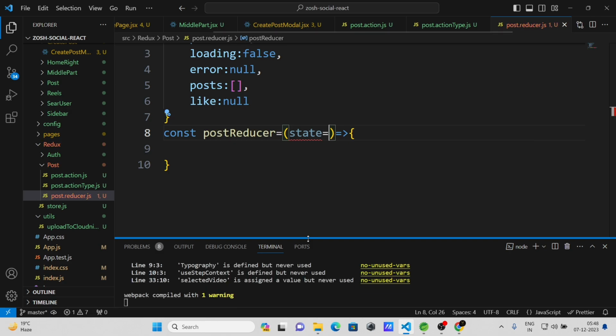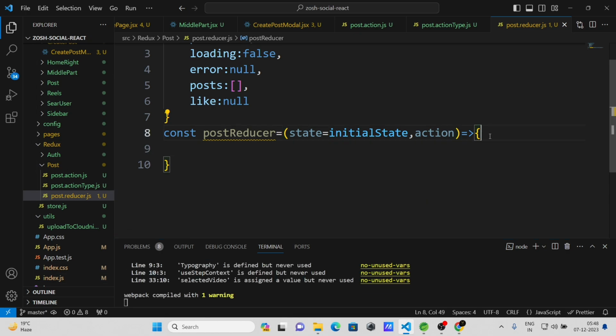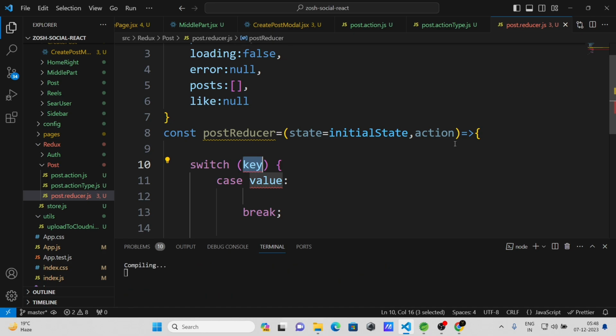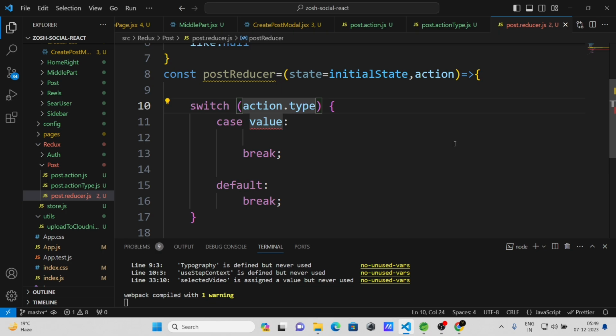Let's give here initial state and action here. Okay, inside this we'll use switch case. Here I need to give action.type and value